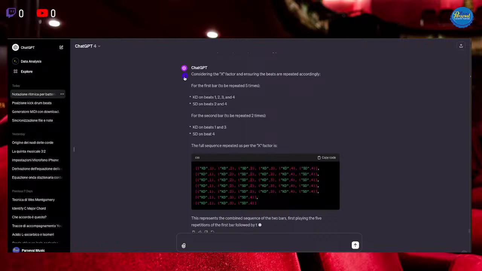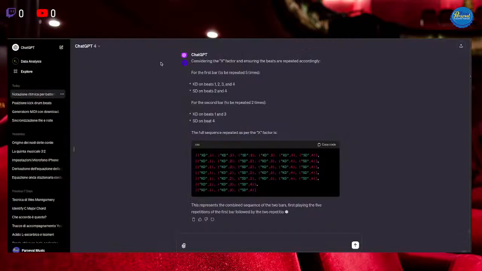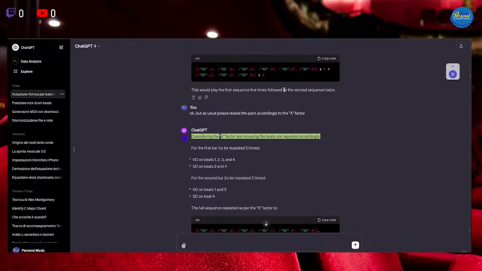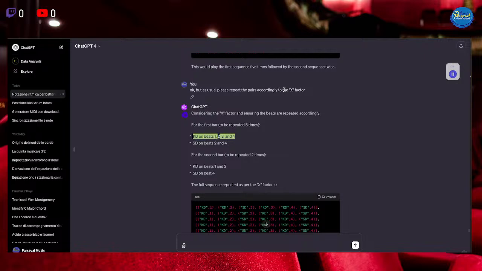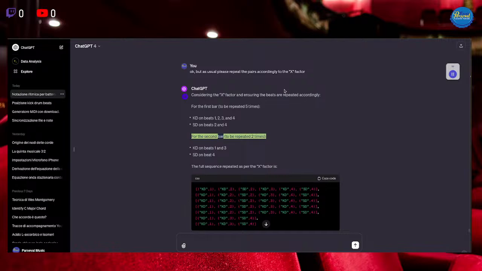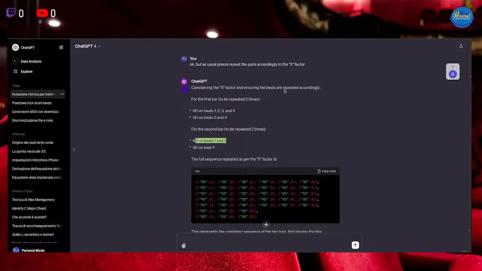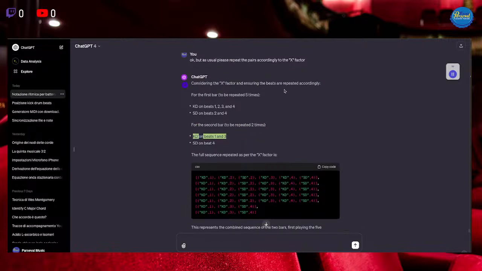That's very, very cool, boys. Considering the X factor and ensuring the beats are repeated accordingly: for the first bar to be repeated 5 times, KD on beats 1, 2, 3, and 4, SD on beats 2 and 4. For the second bar to be repeated 2 times, KD on beats 1 and 3, SD on beat 4.